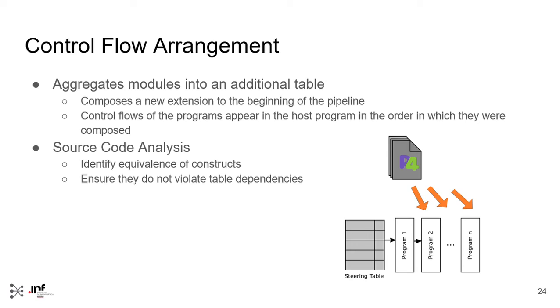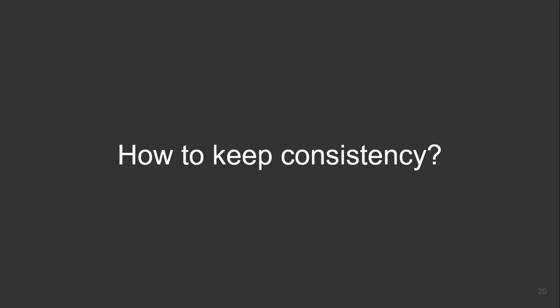During this composition, we perform a source code analysis to ensure that the programs and their variables are isolated. To this end, we identify equivalence of constructs such as tables, actions, and registers, and ensure they do not violate table dependencies. And if we find some violation, we solve this conflict and rewrite the invocation. Beyond the contributions of composition,